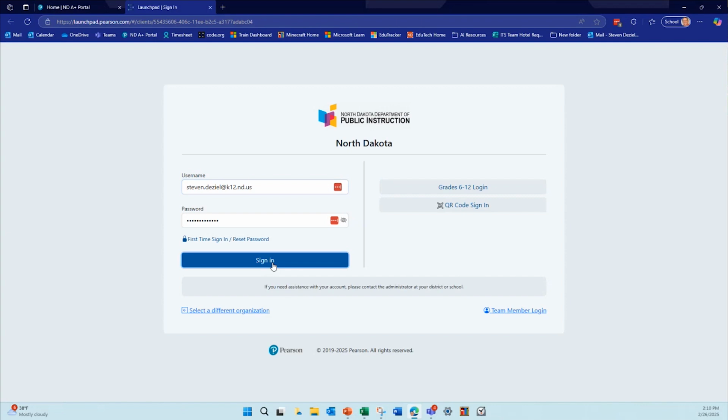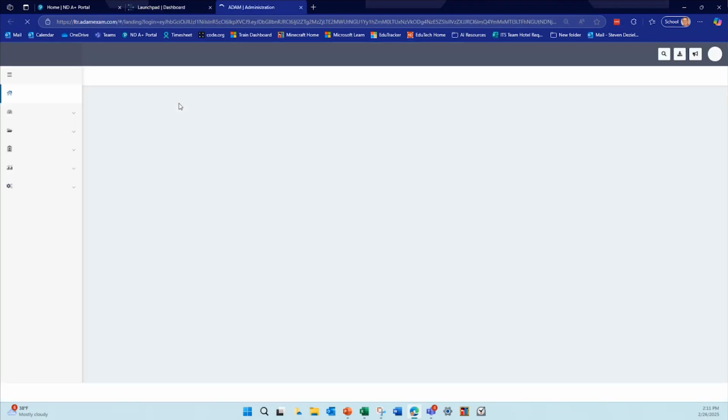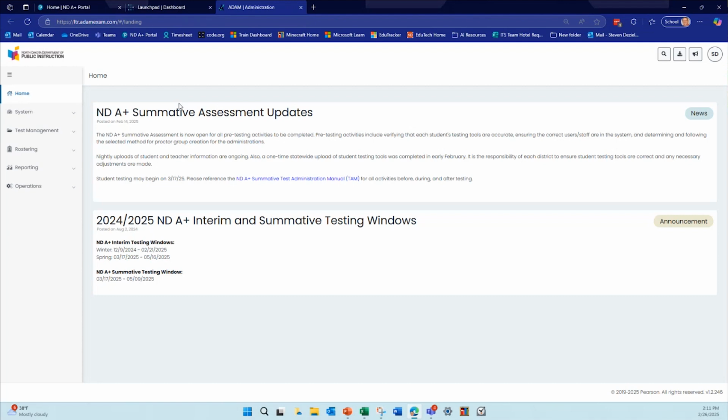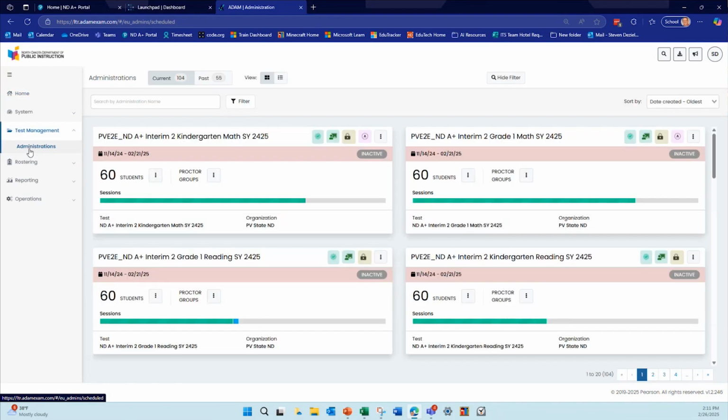Okay, I'm going to sign in. Again, once you sign in to the Launchpad, you will see a link or a tile to get to the Atom LTR system. Okay, I'm going to click on that. And now I'm in the Atom system. You will find the summative test cards under the test management administrations. Okay, so once you click on test management administrations,